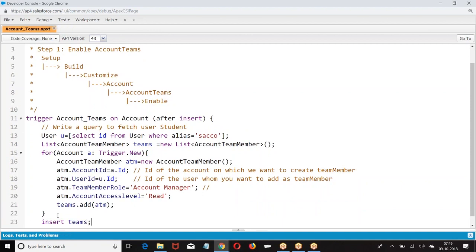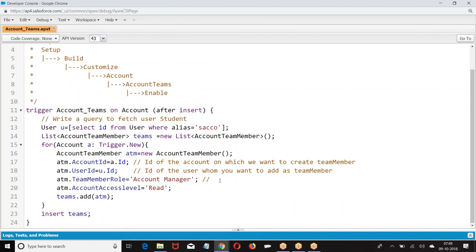Now what was this? Type of access. So what we have taken? Team member: ID of the account, user, team member role, account access level. So ID of the account is on which account we are creating a team member, ID of the user is whom we are creating a team member, the role of the team member, and what type of access we are giving.